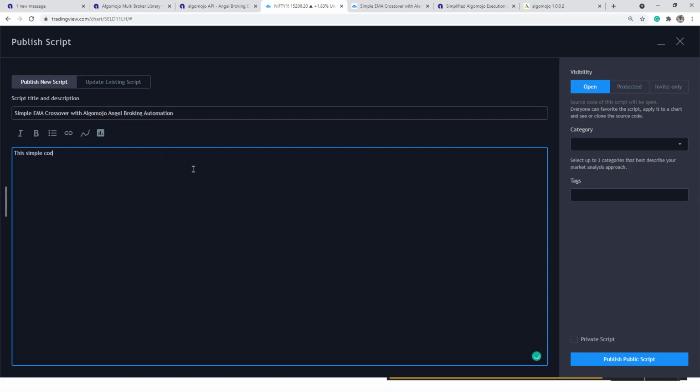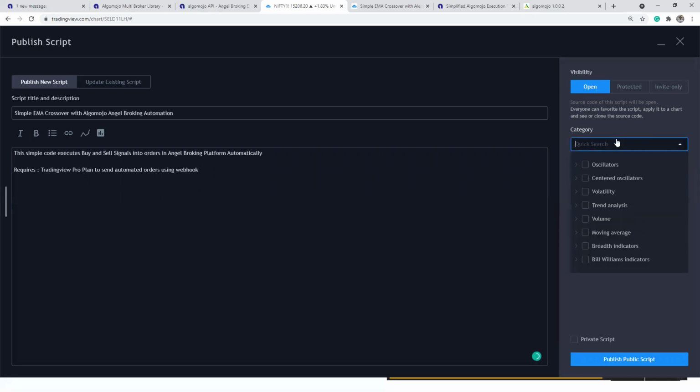Simple code executes buy and sell signals into orders in Angel Broking platform automatically, and it requires TradingView Pro plan to send automated orders using webhook.